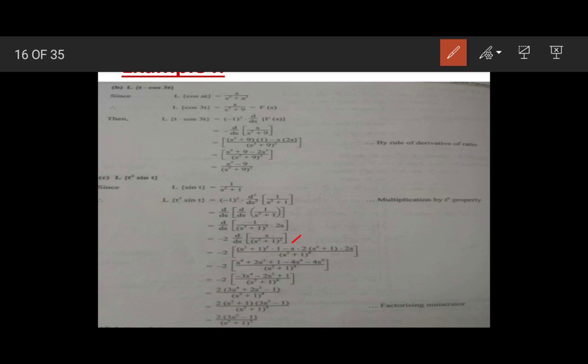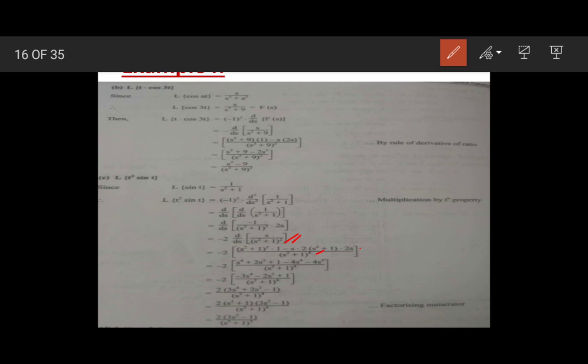So we'll start from the denominator. So v into derivative of s is 1 minus s into derivative of s square plus 1 the whole square. So first we find the derivative of x raised to n. So it will be n into x raised to n minus 1. Then we will find the derivative of s square plus 1, and that is 2s upon s square plus 1 the whole square. Okay, so square raised to square, so it will be raised to 4.